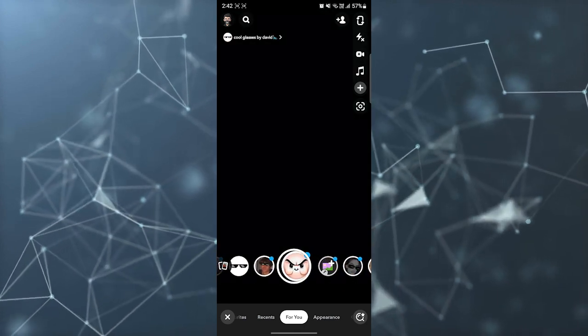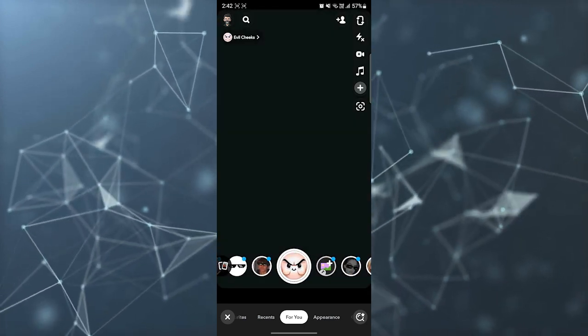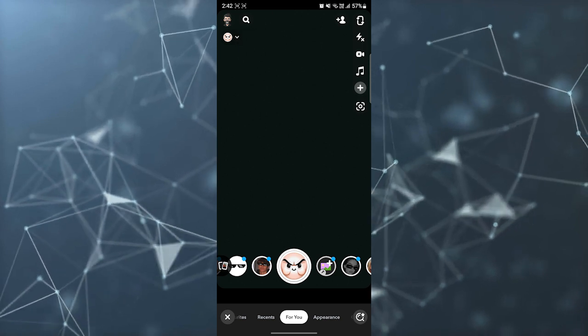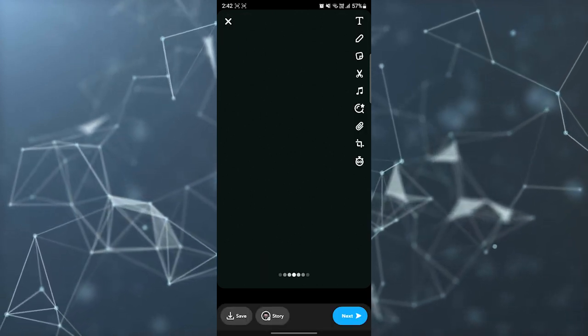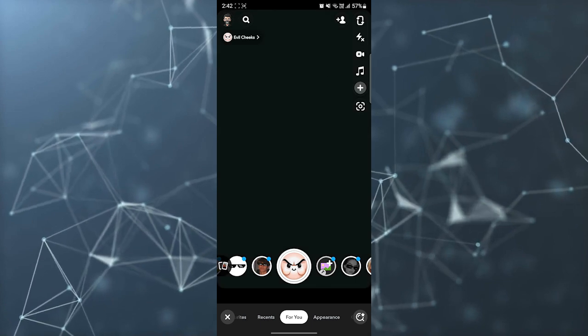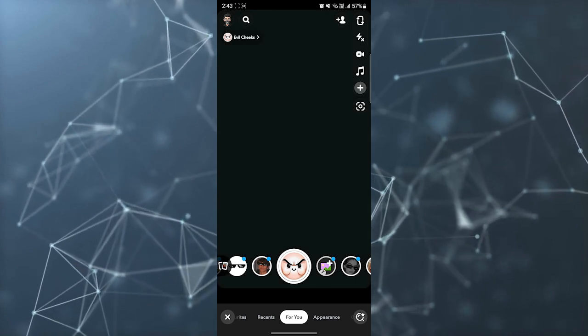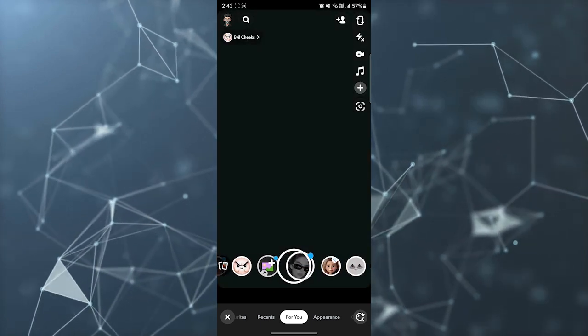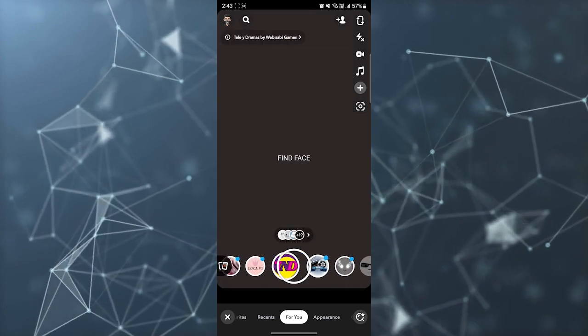So you can just go on the filter you want to use and click on this button, so the filter will be applied on your face or anywhere you want to apply. So if you want to use filters, you can use from there, and if you want any particular